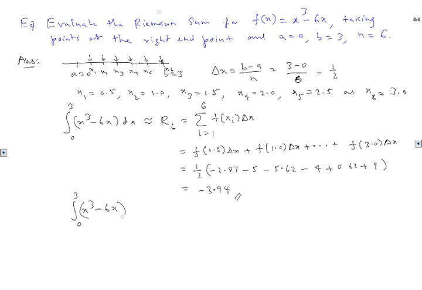We already know how to find the antiderivative here, but don't worry about that, we can discuss it in the next section. If you find the actual antiderivative and plug in the values, you end up getting negative 27/4,